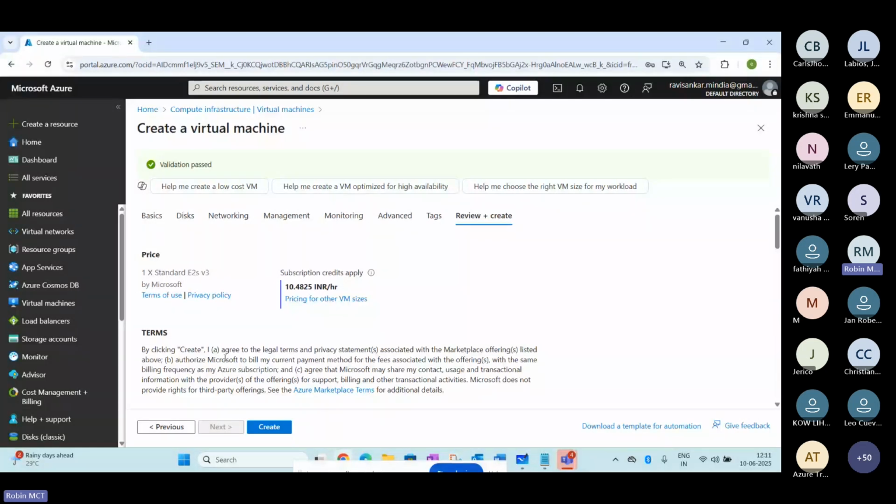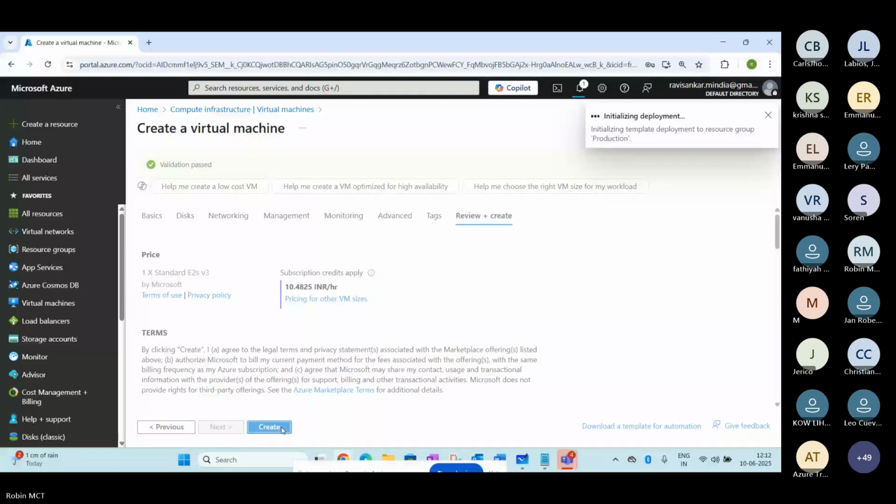You can see this has been creating here. You can see this has been progressing here. Validation has been completed here. You can see here this has been progressing.